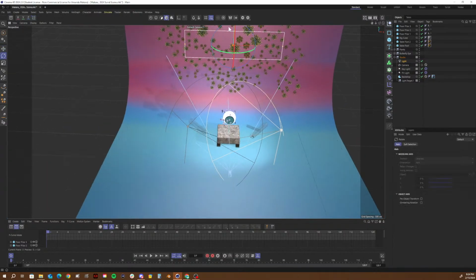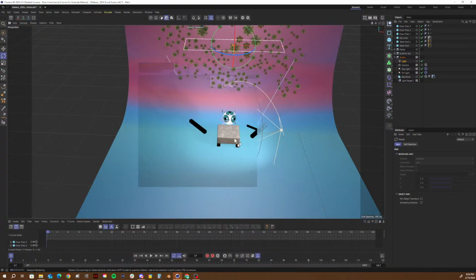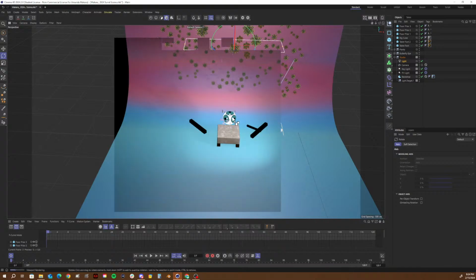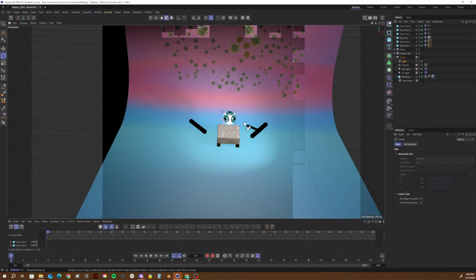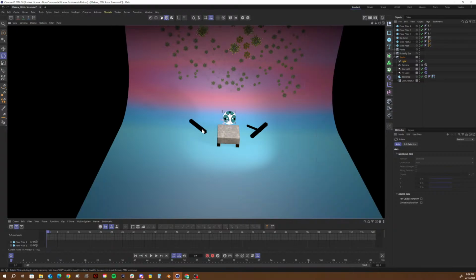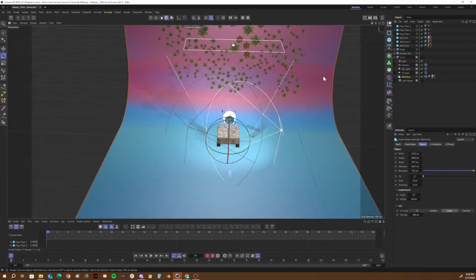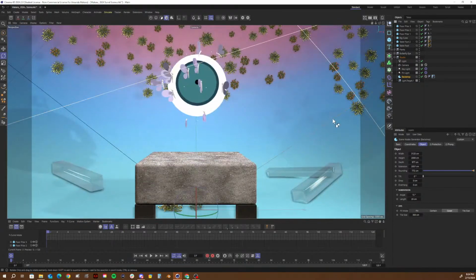Can I rotate this? I didn't think. Shift 90. Ooh, we're getting some crazy stuff looking with the eyes. I was not expecting that. Let's click off of here. Let's go into our camera view, and then